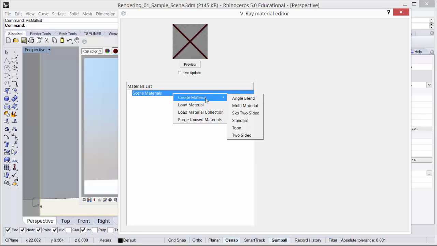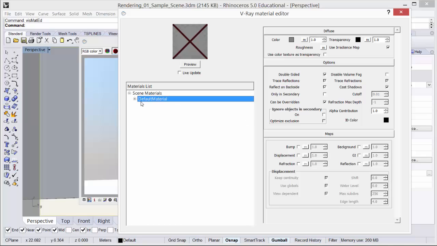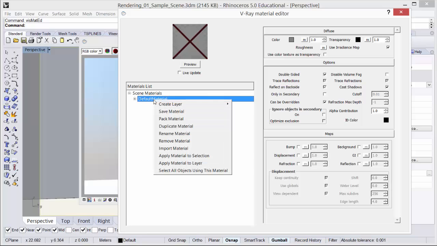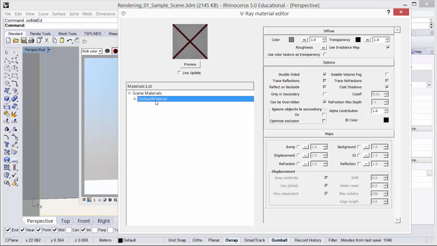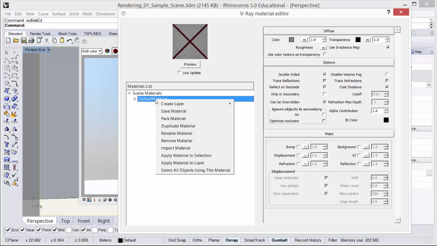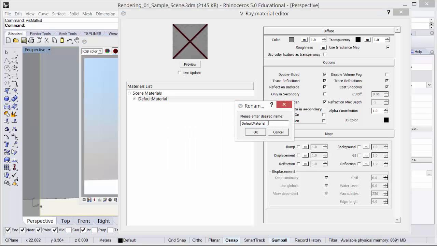But I'm going to create a material from scratch. So I'm going to select the option above Load Material. You will see that there are a number of material options here. I'm interested in the simplest option for now, and that is a V-Ray standard material. I'm going to select standard, and a new default material pops into the list under Scene Materials. I'm going to rename this. Actually, I will rename it default material